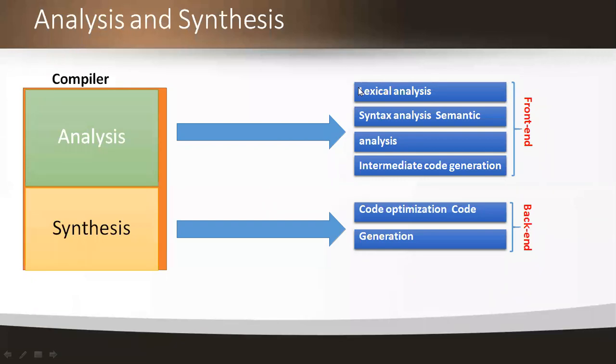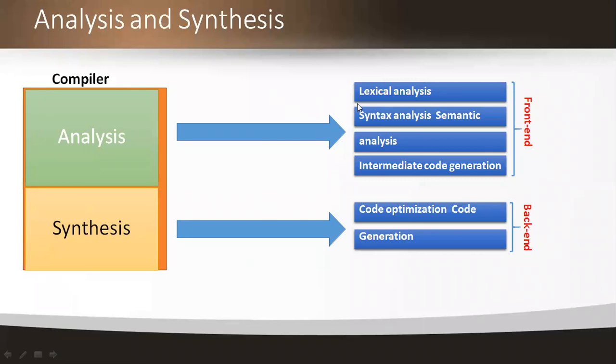That output is acting as an input to the code optimization, and we're applying some code optimization techniques and generating the output. That output is taken as an input to the code generation, and finally we're generating the machine level code by applying some code generation algorithms. So this is the process that is carried out between the two phases, analysis and synthesis, where these two come under the parts of the compilers.